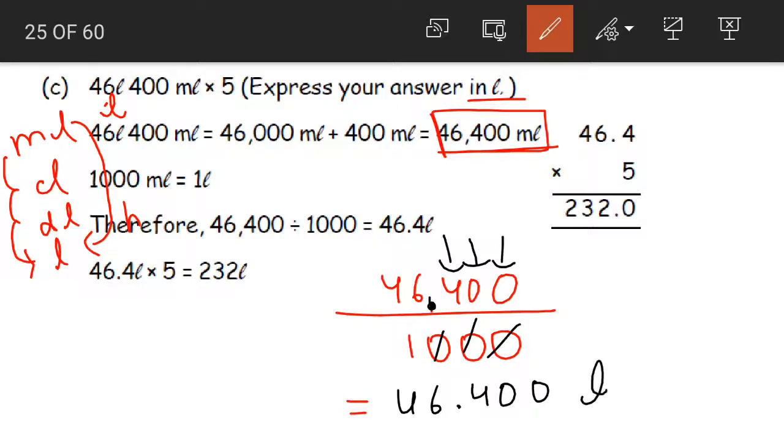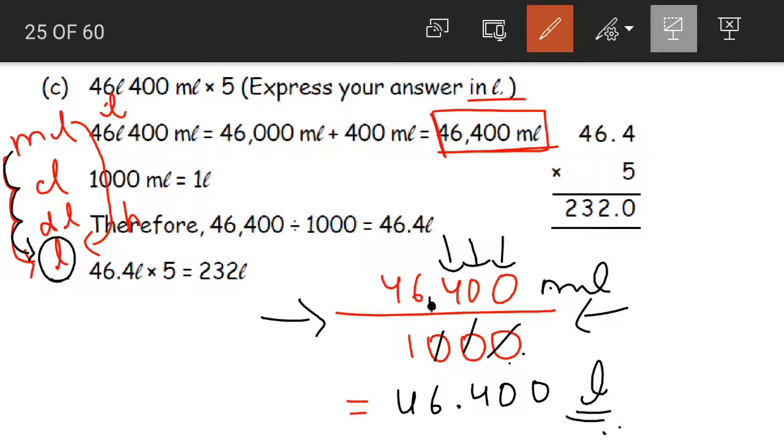46.400 liters. We have divided the given milliliters by 1000. So when we divide, what happens here? After we take 3 jumps, we reach liters. So the answer will be in liters. And if you remember, from the decimal numbers, children,